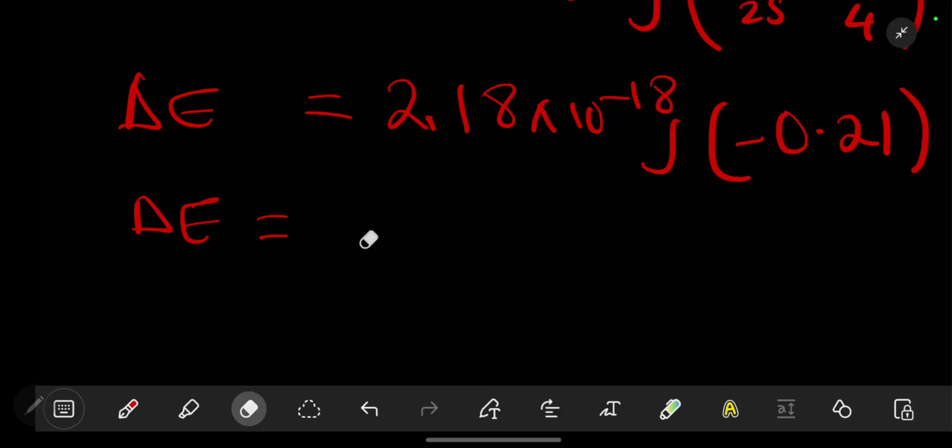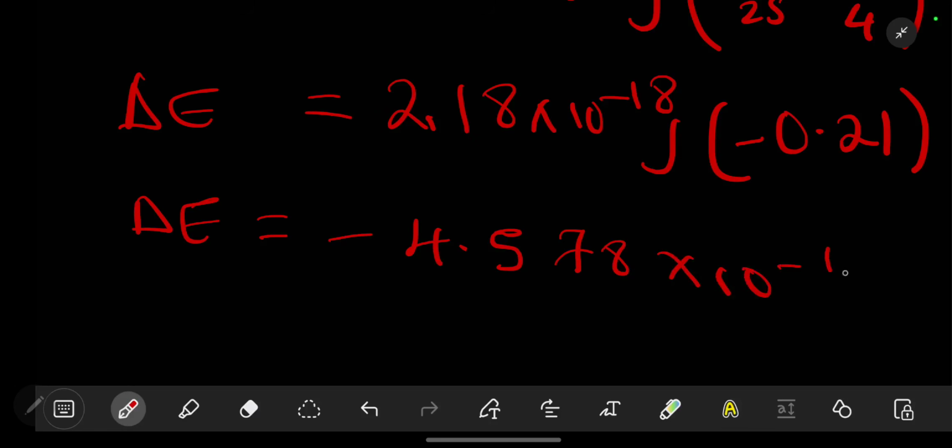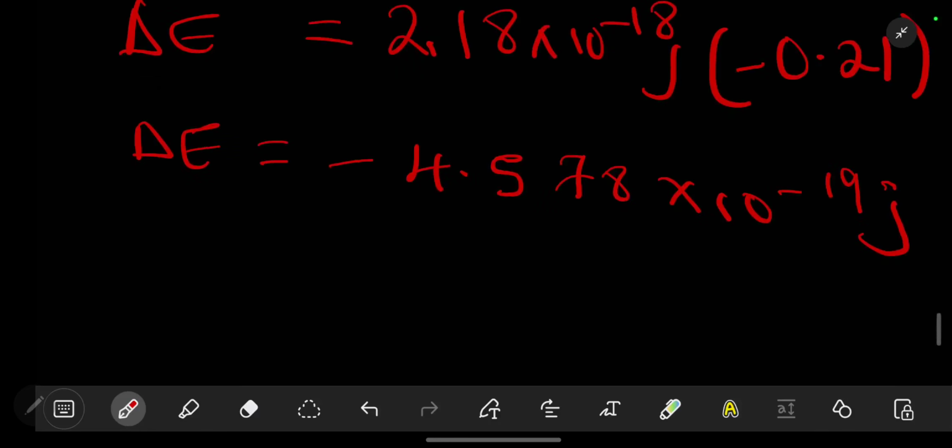We are going to have a negative 4.578 times 10 to the power negative 19 joules. So this is the energy that is lost. Now, with that said, remember, the energy can also be found by saying